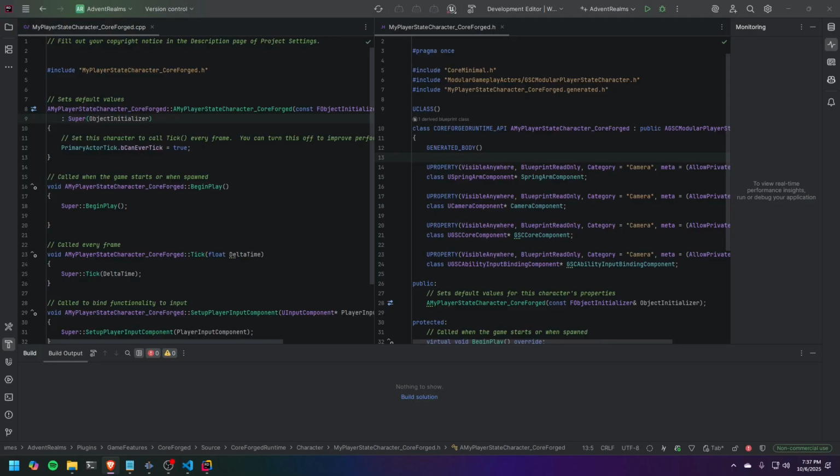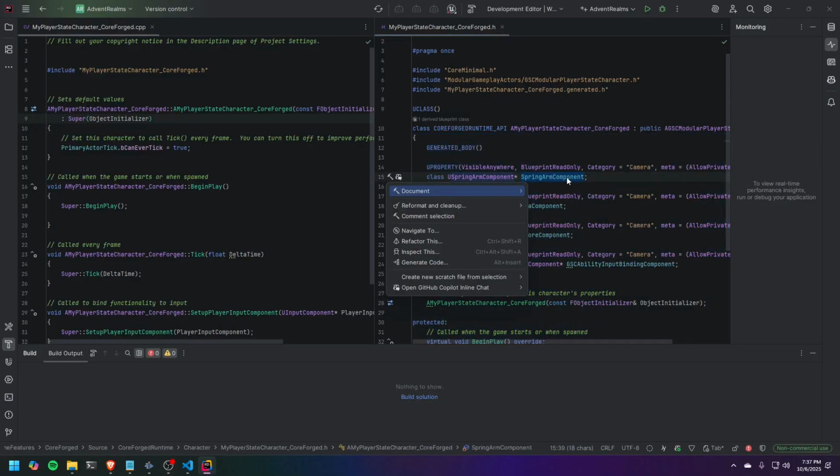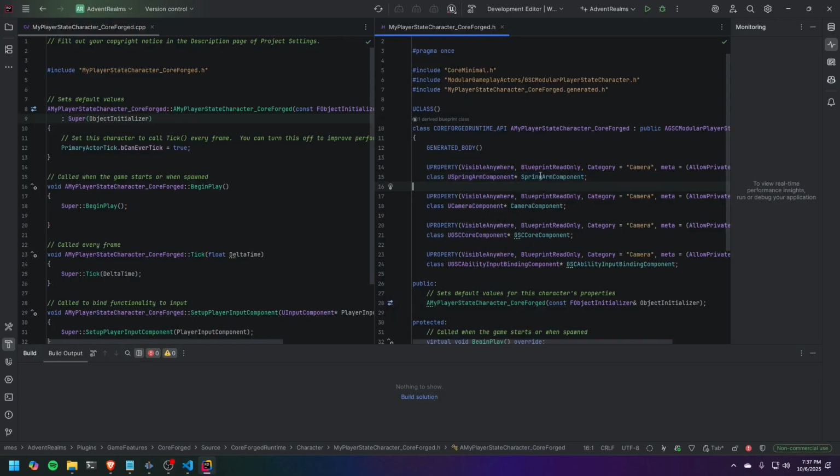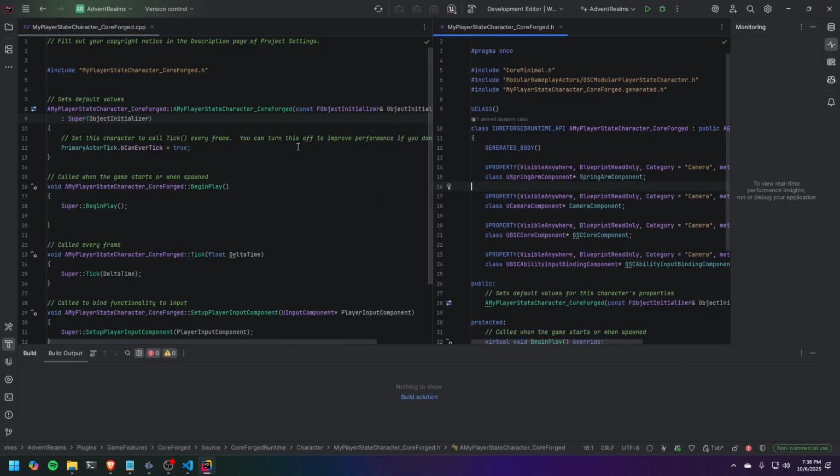All right. So in the previous version of Rider, you could select that, and then you could go to context actions, and then it would allow you to actually create the class. However, in this new version, it does not have that, which is a real pain in the butt. So